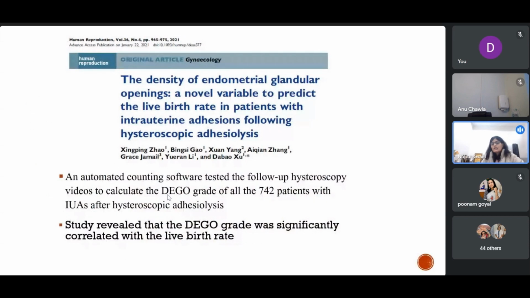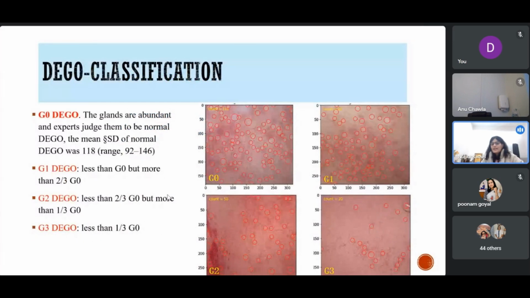And this is another, relatively new study, in which the density of the endometrial glandular openings was studied by using software during the hysteroscopy. The video of the hysteroscopy was recorded, and those findings were later fed into software, and that software actually counted the number of endometrial gland openings visible on the endometrial lining, and they found that the more dense the endometrial glandular openings were, the more in number, the more were the chances of live birth rate in the patients. So this was a very interesting study, and it was almost like a computer was actually assessing